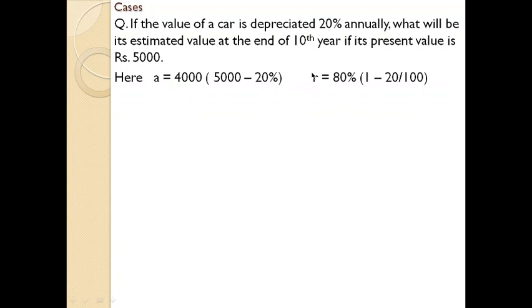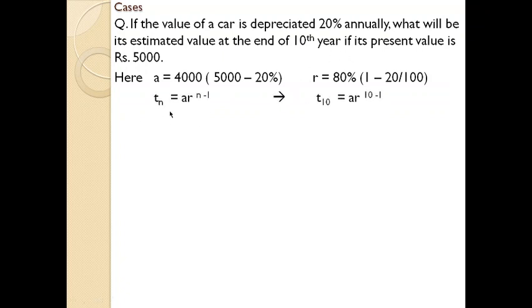Okay, next one, R is 80%. You all know what R is: a common ratio, that is that specific number or a percentage that has to be multiplied with each of the series so that you will get the next succeeding number. So here the depreciated value is 20%. That is, the remaining is 80%. There will be 80% value for the asset at the end of each year. So we can say that R is 80%.